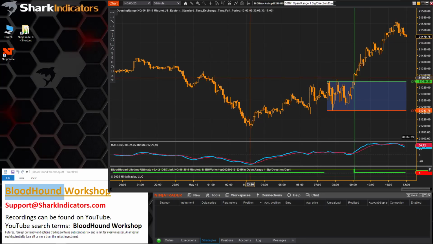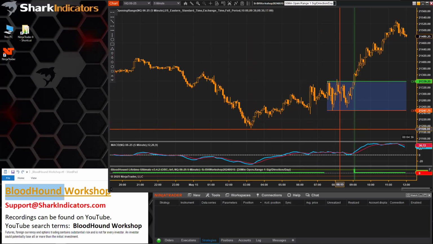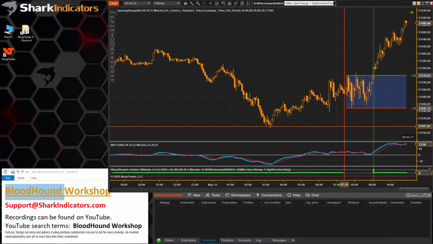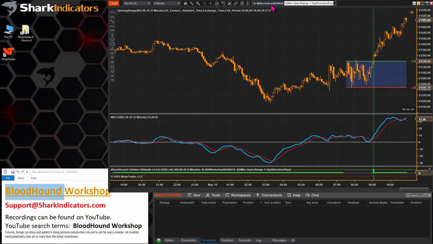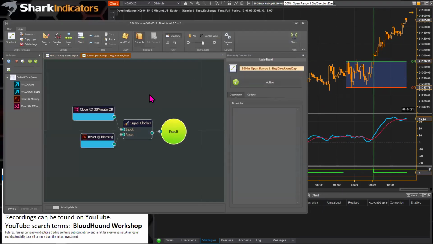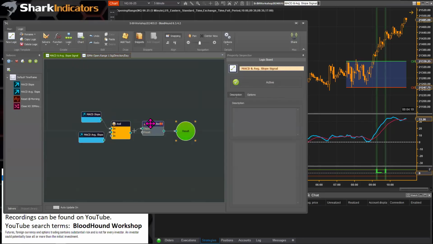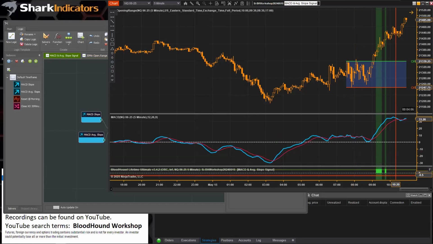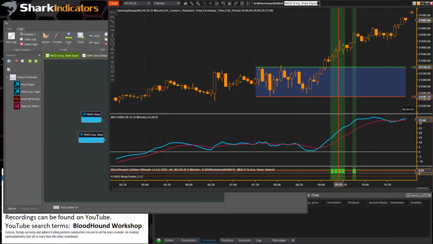Ron is asking, what is the signal blocker? So yeah, it cleans up your signals here. Let me switch over here again. Right, so let's just look at the AND node. So here's the system without the signal blocker. We can see we get multiple signals in a row. So if you plug these signals